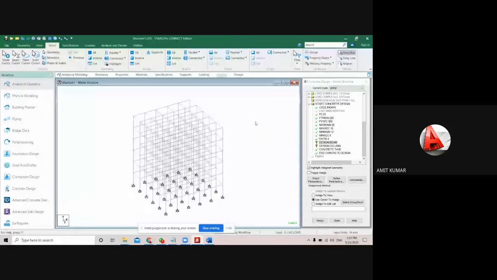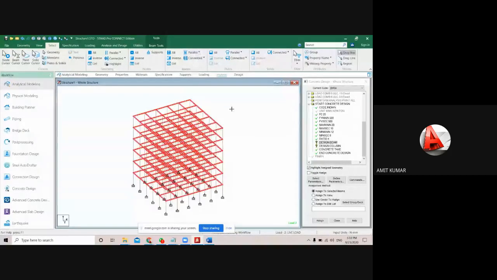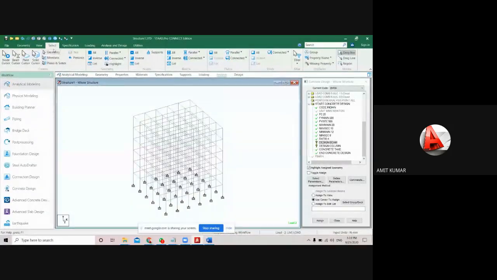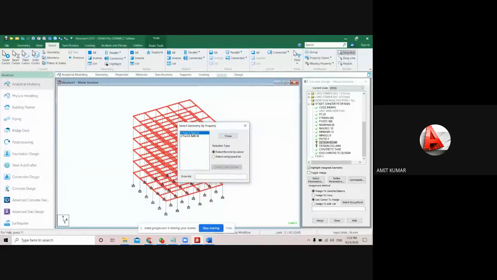There is one more option of selection. You can pick this option also. I already explained this method. Now come to the next method, by property, just see it. In the select menu, we have the attributes. Under the attributes, you have the property name. So I will select the property according to the by property name. So click on the by property, and I want to select the beam only, property of 0.23 by 0.23.